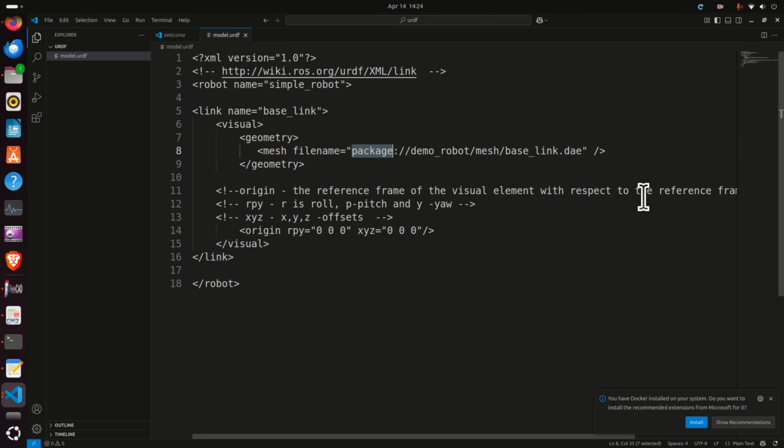Here, package stands for the package folder, right? So it's the package folder, so I will explain that later on. Then we have demo robot, then we have mesh and base link. So let's explain what is this package folder. The package folder is actually,